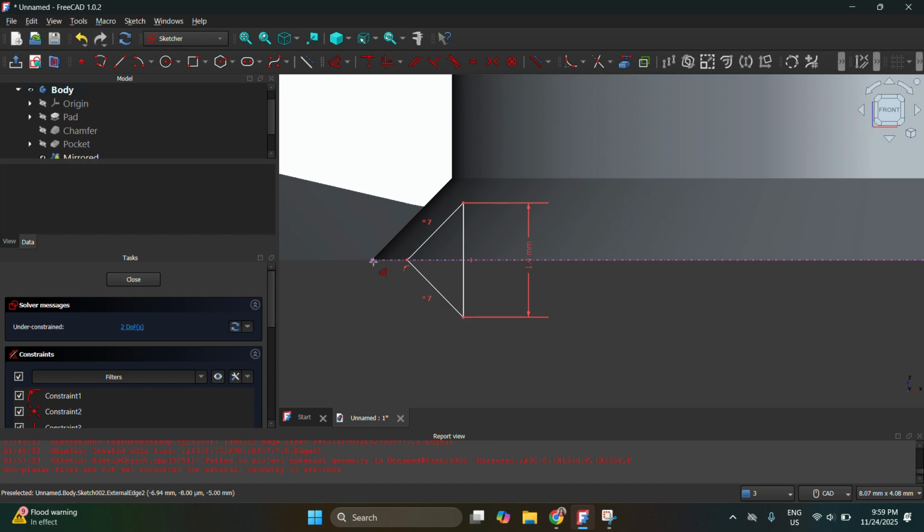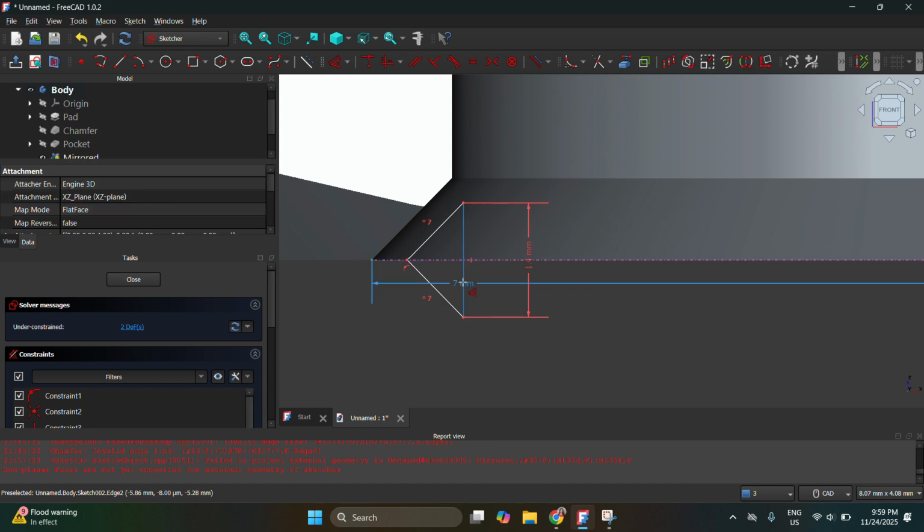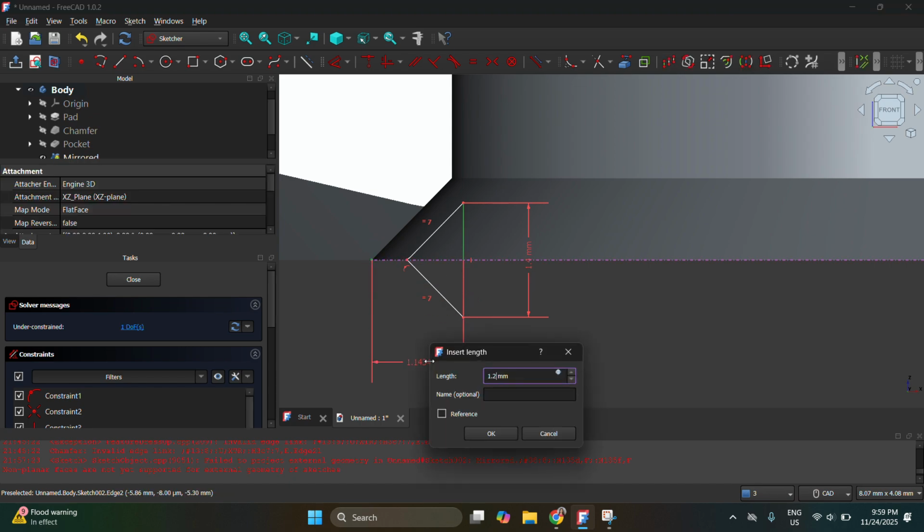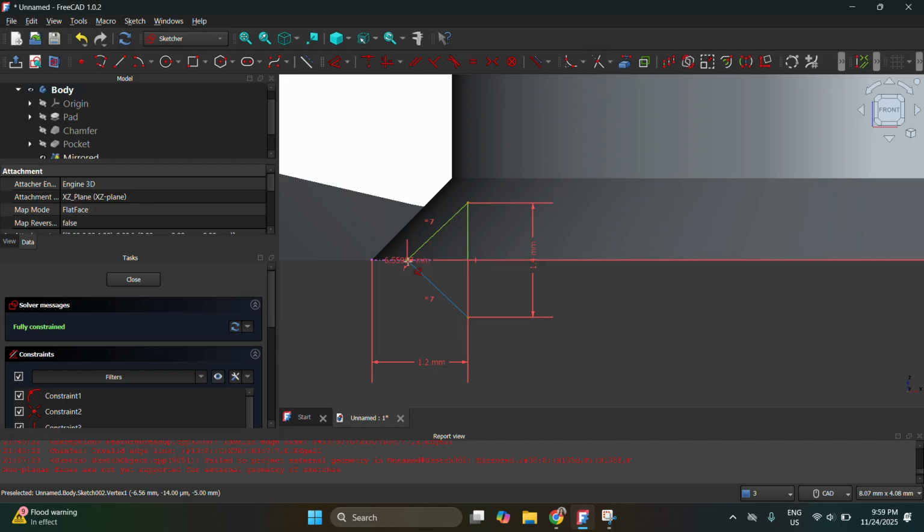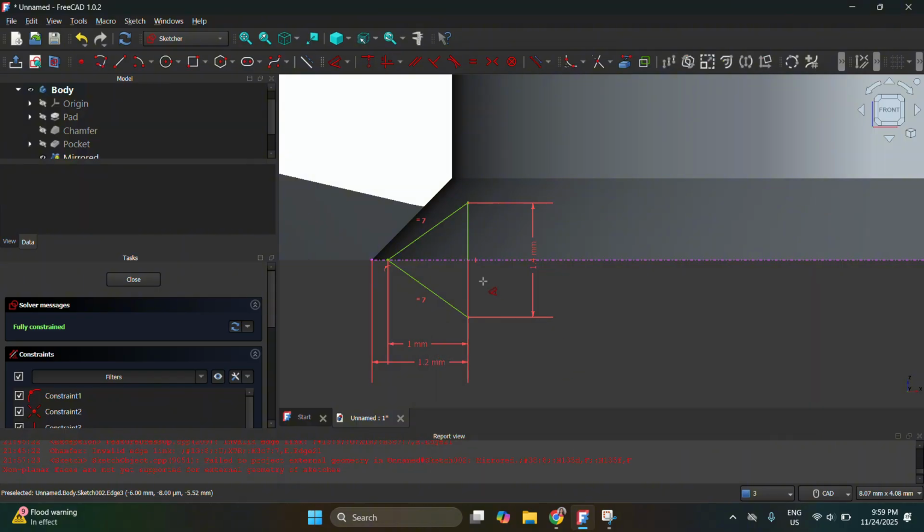Again, let's make sure that this one and this one is 1.2, and that from the vertex of the angle to this side of the angle, it is 1 millimeter. Now we can see that it turned green. The sides are 7 millimeters. I don't know if it's really 7. I think it's not, but it's 7 here. Equal 7. Now we can proceed to adding the helix.